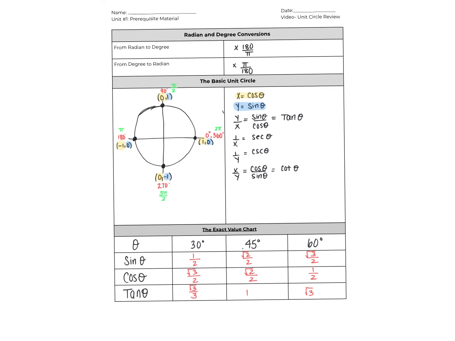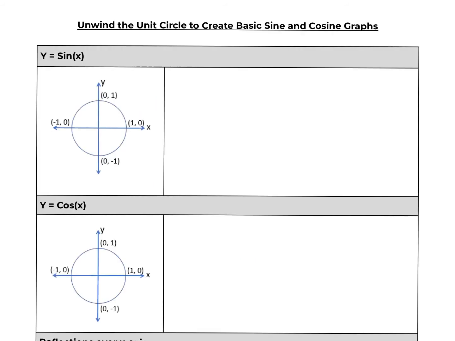All right, we have one last thing that we need to go over. The other thing that you'll need to know is unwinding the unit circle. The unit circle can help us get our basic sine and cosine graph. So I took the liberty of giving you a unit circle already, and I'd like to graph a sine of